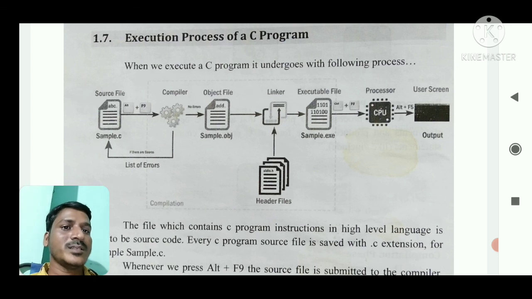Then the executable file is run or executed using the shortcut key Control plus F9. The file is submitted to the processor or CPU.